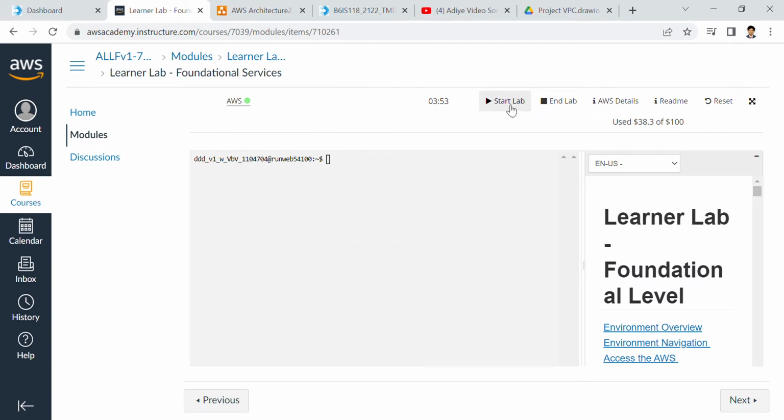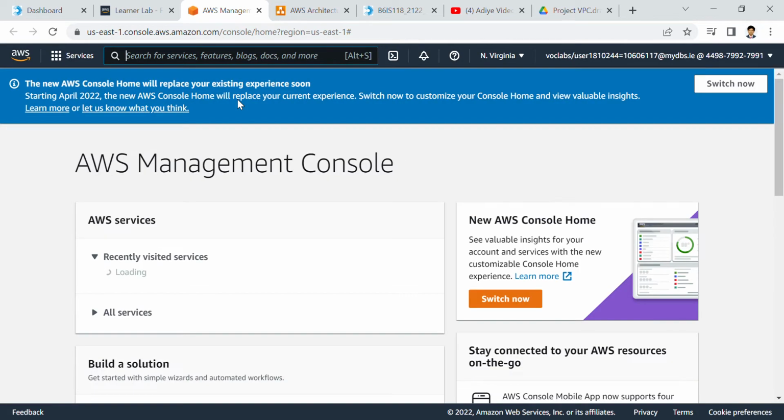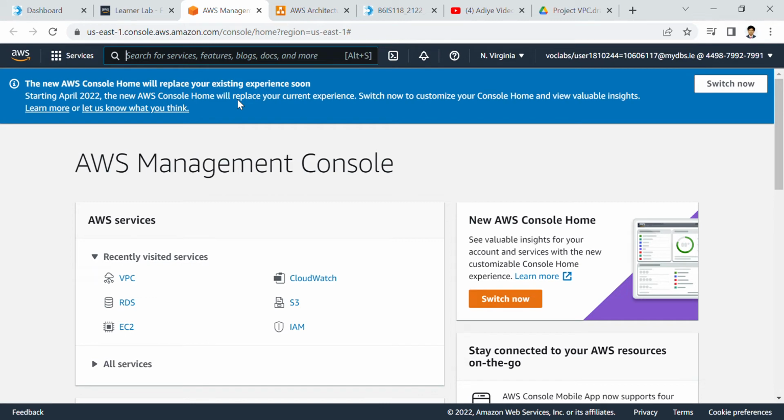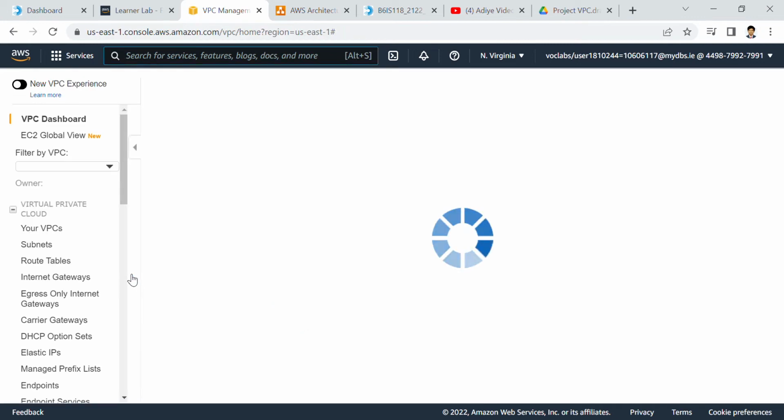In my case, I have already started the lab, so that I can access my AWS Learners Lab. So wait until it opens. Now go to the VPC wizard, which is a virtual private cloud,